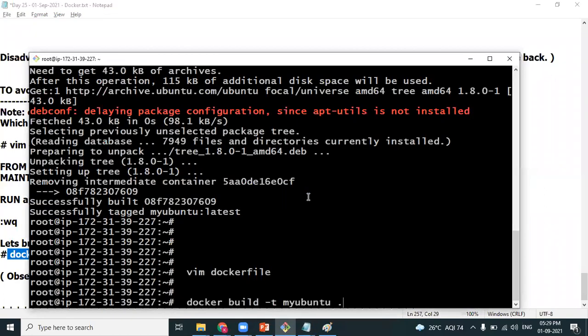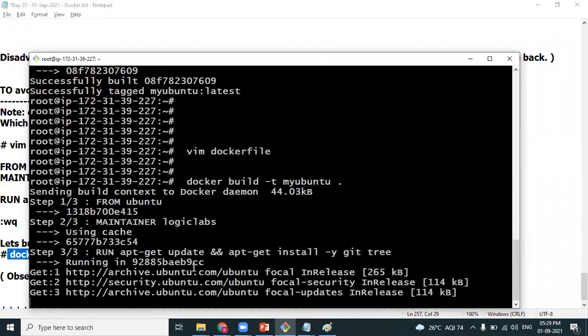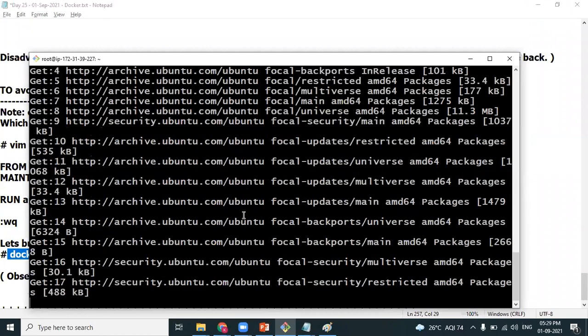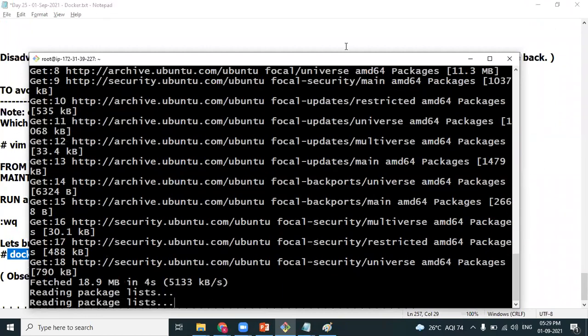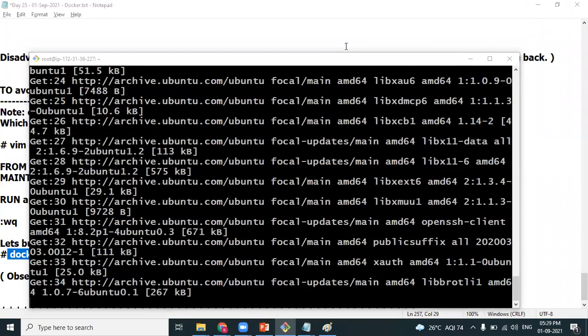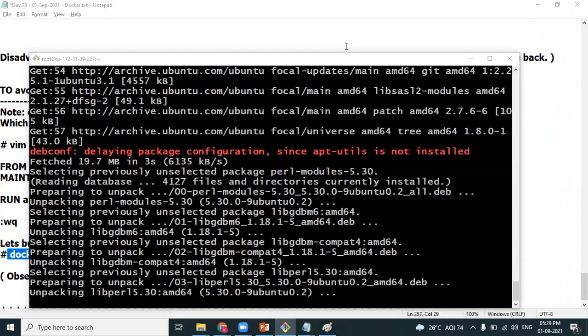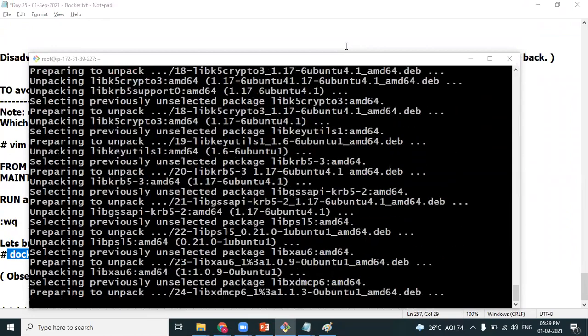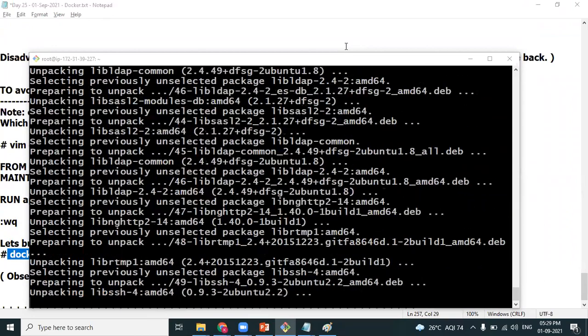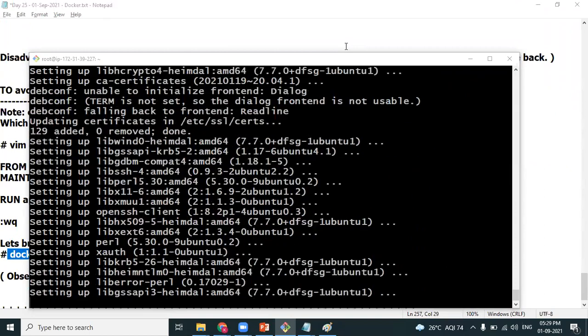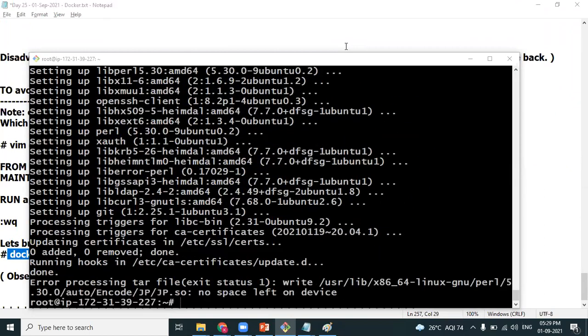Now you can see, Vasant, it is not using cache. It is updating the repository. Wherever the line is there with double ampersand, it executes freshly. And then you can end up installing the latest versions of the package. This is how you can bust the cache memory and overcome the disadvantage of when the Docker file gets updated. Got it, Vasant? Yeah. Perfect.